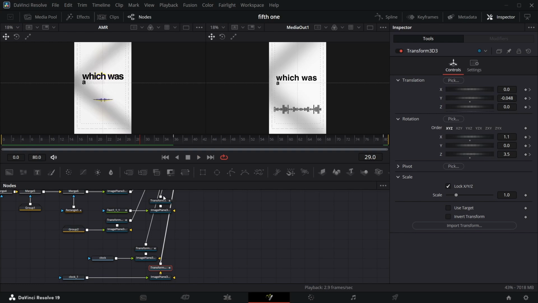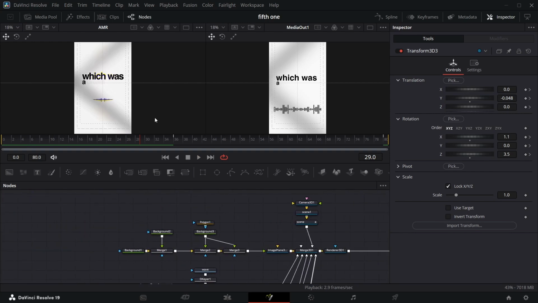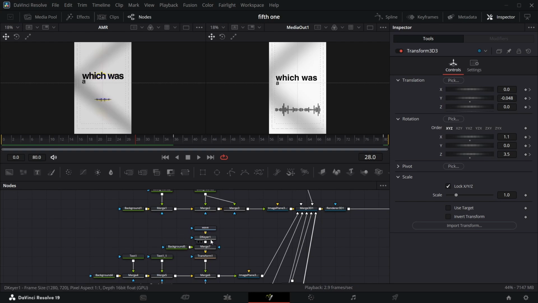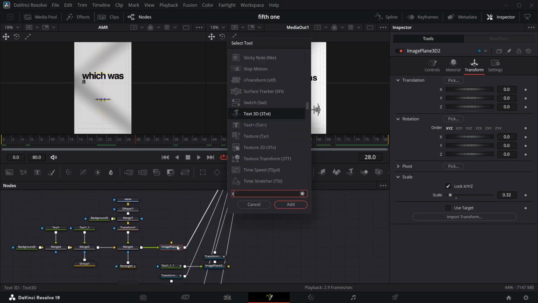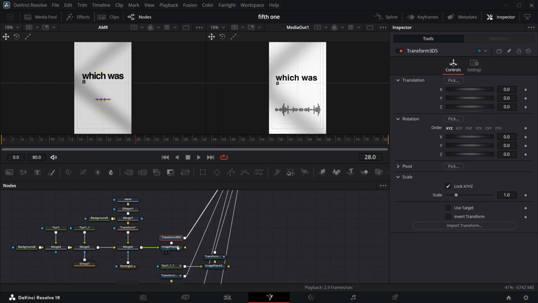Now one thing I almost forgot. If you look at this, which was a dream for me, it kind of starts from above and bounces. So we have to do that animation here. Just add a transform here, transform 3D, and we're going to look at where it starts. It starts from the first frame that it appears. We're going to keyframe the Y offset, the Y translation,